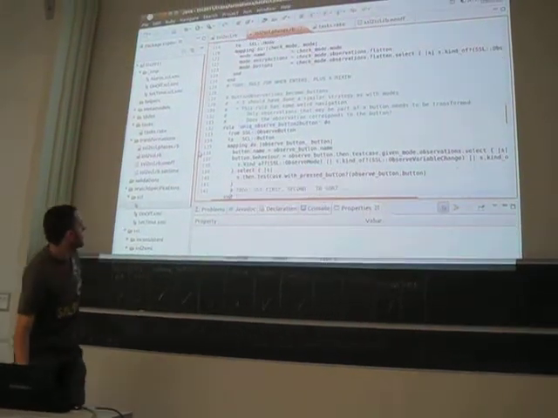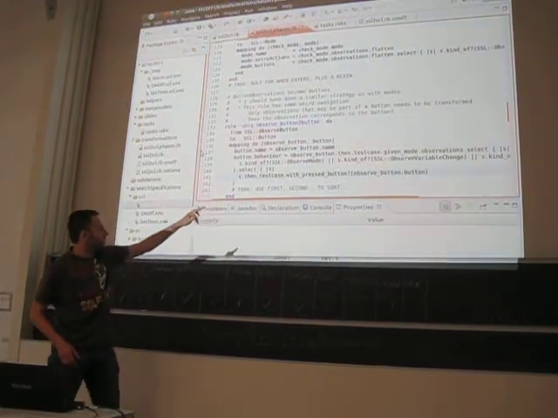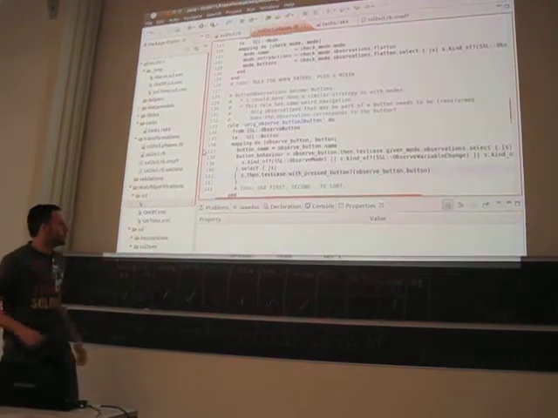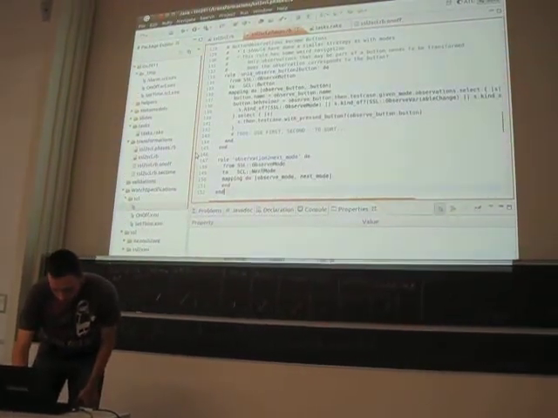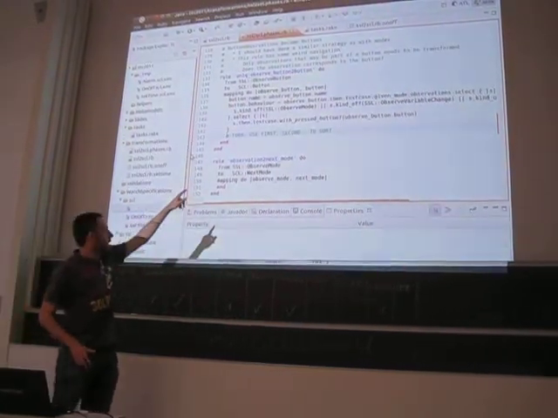Basically, what this does is get the observation for the button and make sure that they belong to the button. It's query code. By the way, I wrote this yesterday.